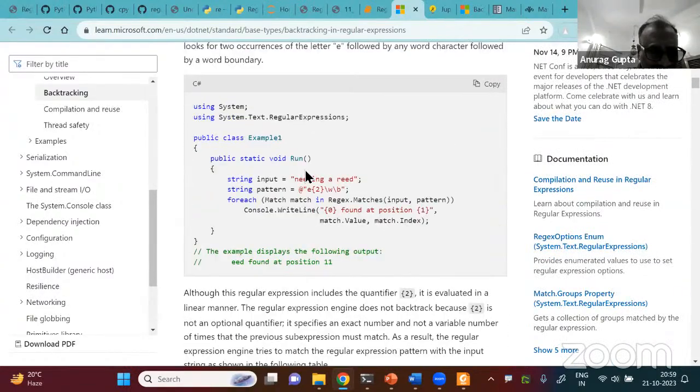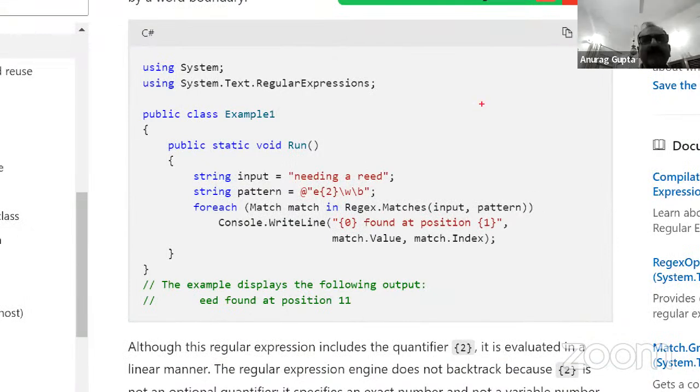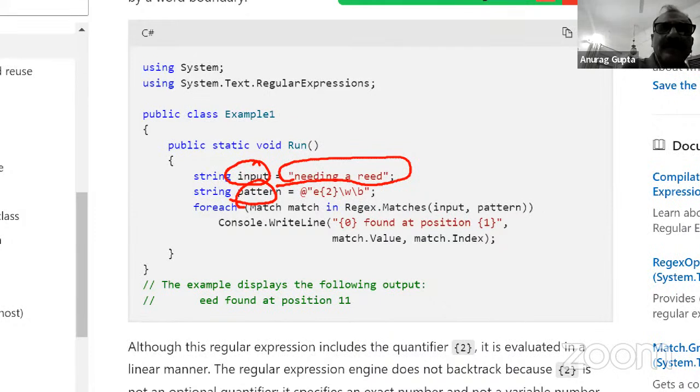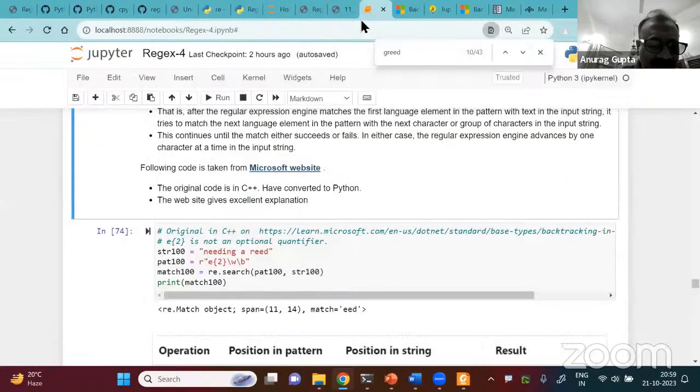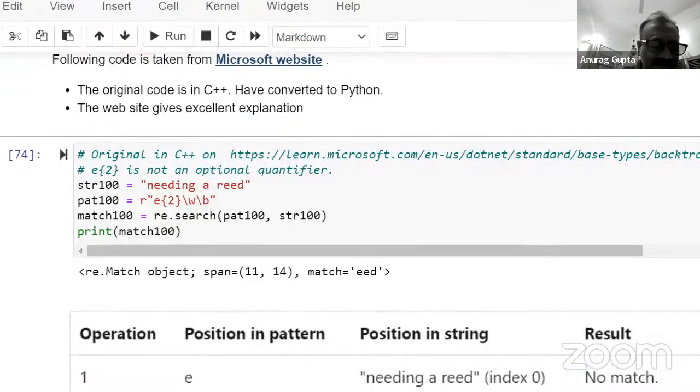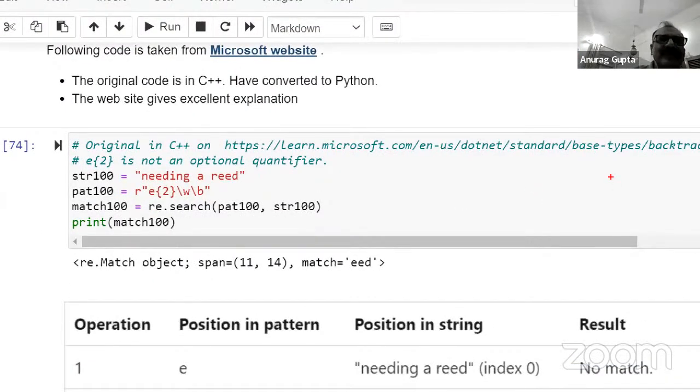This code you can see. So you can see that this is the string needing a read, and this is the pattern. Ignore this thing. So I've converted this C++ code into Python code. I'm using the same code but in Python. Here, the original is in C++, and this is the link. I will share this